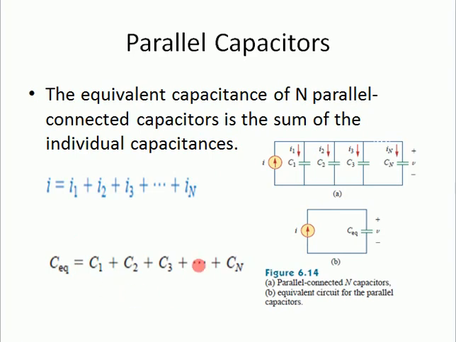You see from these relationships, basically these are the relationships when the capacitors are connected in series. Sorry, I am talking about the resistors. When the resistors are connected in series, we get the equivalent resistance: R equivalent is equal to R1 plus R2 plus R3. But when the capacitors are connected in parallel, we get C equivalent is equal to C1 plus C2 plus C3.